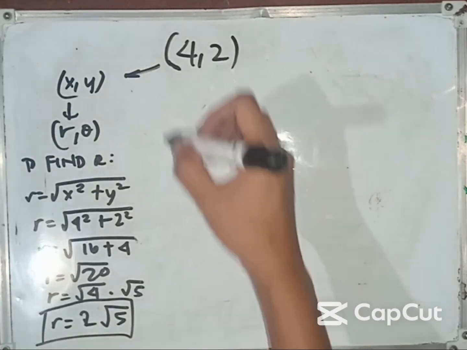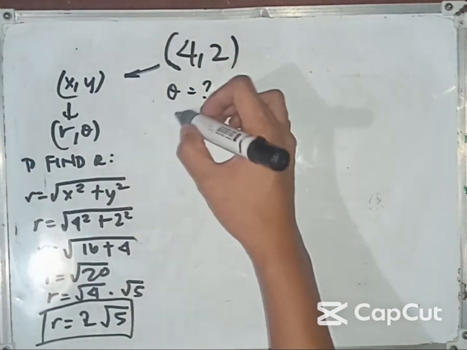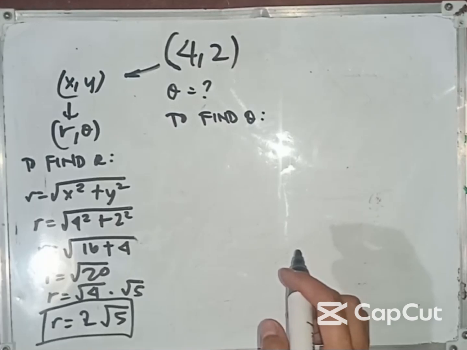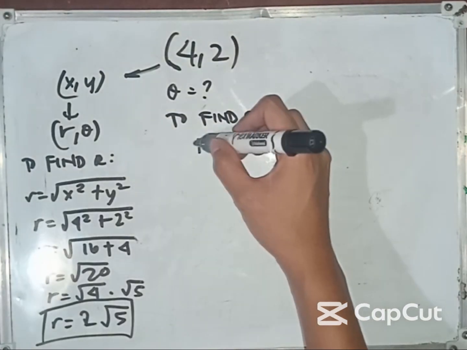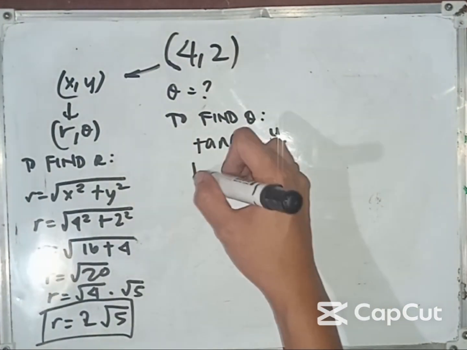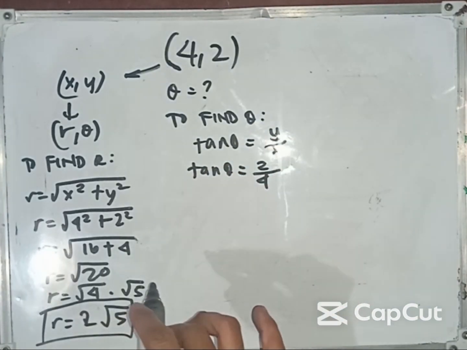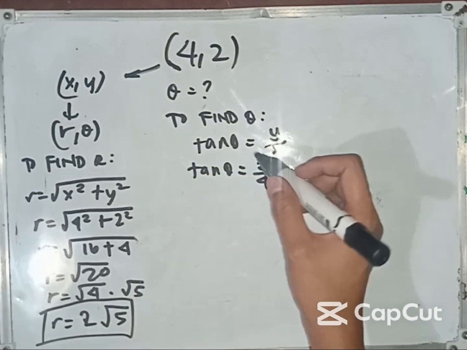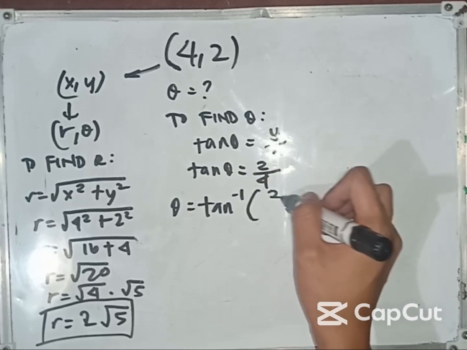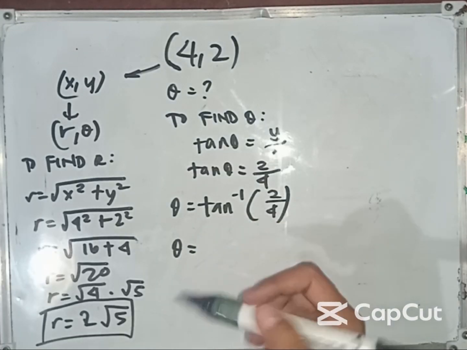Now, let's find our theta. How do we find our theta? Let's use the definition of tangent theta, wherein it is y over x. So, tan theta is equal to, our y is 2 and x is 4. Given that, let's find theta by taking the arctangent of 2 over 4. That is, theta would now be equal to